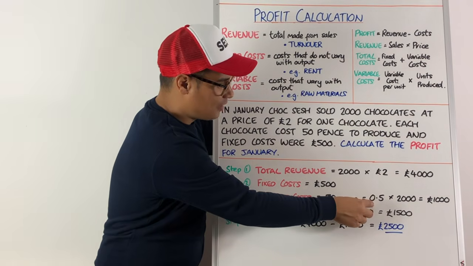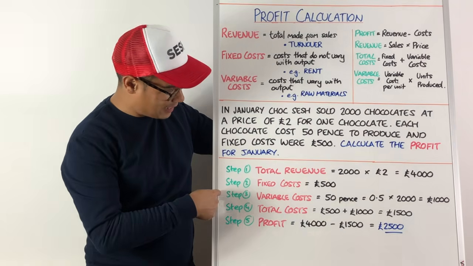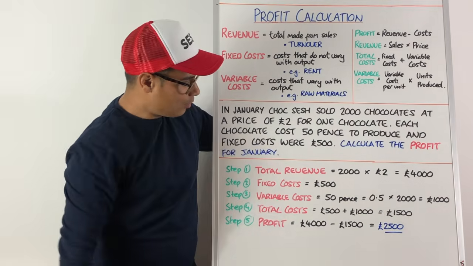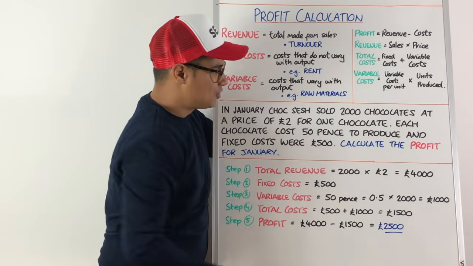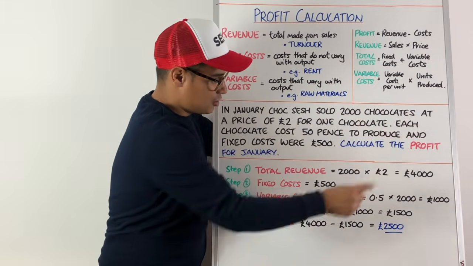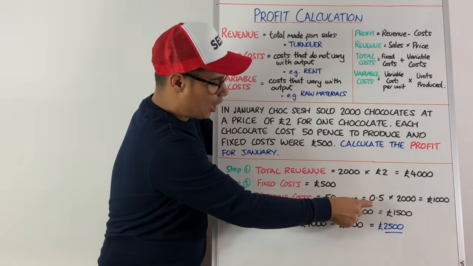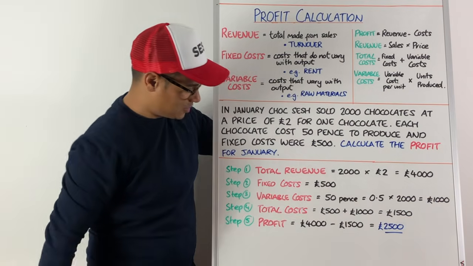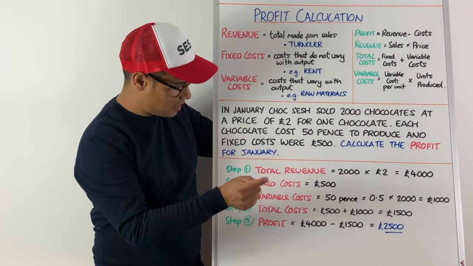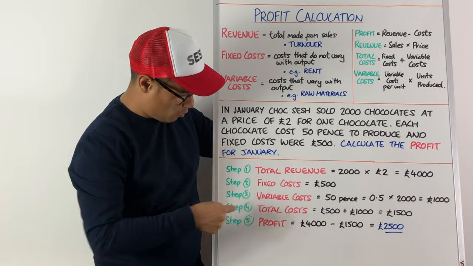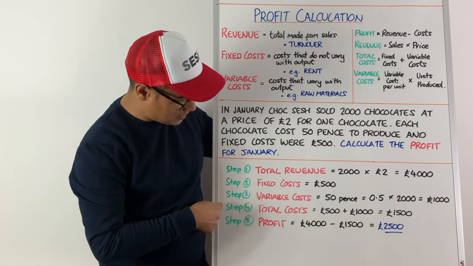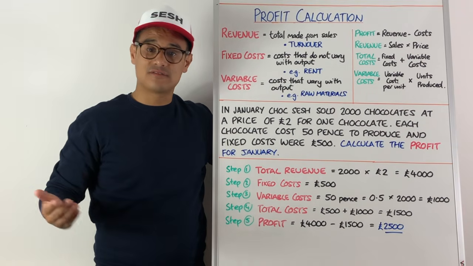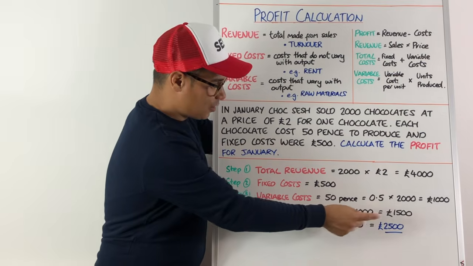So 0.5 times by, because we're calculating the variable costs and we need to get the amount of units produced, well, we need to get those 2,000. 2,000 are being produced and the variable cost per unit was 0.5, half a pound. Half a pound times 2,000 is £1,000. So the variable costs, £1,000, the fixed cost, £500, and that will help us with step four, because step four is the total costs. And clearly total cost is just fixed costs plus variable costs. Fixed cost plus variable cost equals